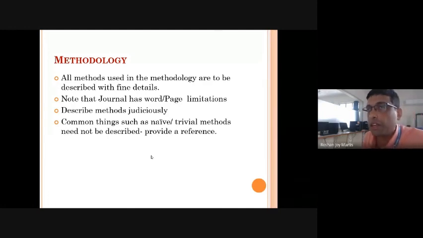In the introduction, I said statistics of the disease needs to be given. So statistics, some numbers, it is a claim. What numbers you give is a claim in your paper, so you have to support it with a reference. You need to have a reference when you give any numbers like this.